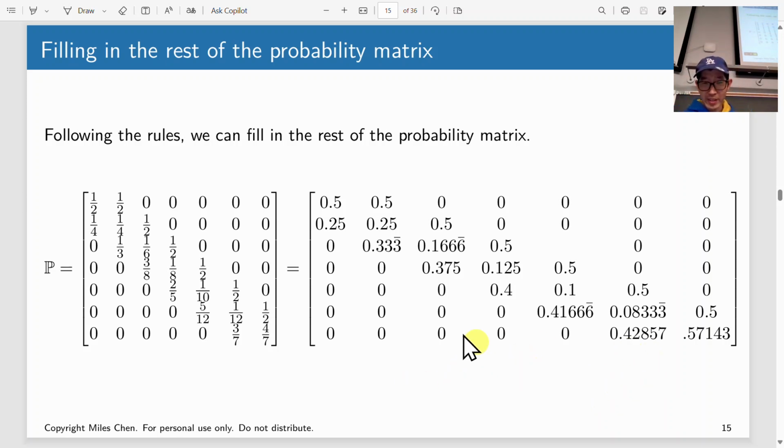Okay, and I think I did this correctly. Everything adds up to 1 each row. All right, so that is our transition probability matrix for our Markov chain. Okay, so we have our state space. We can go anywhere from 1 through 7, and the probability of transitioning from one state to another state is described by this matrix, and if we use this matrix to generate values for a Markov chain,